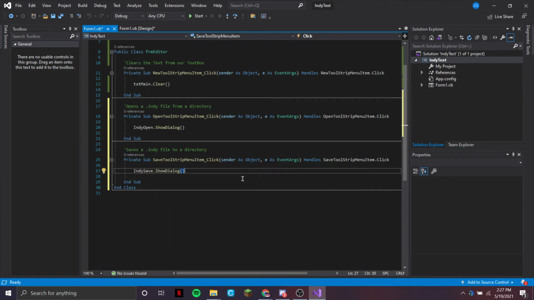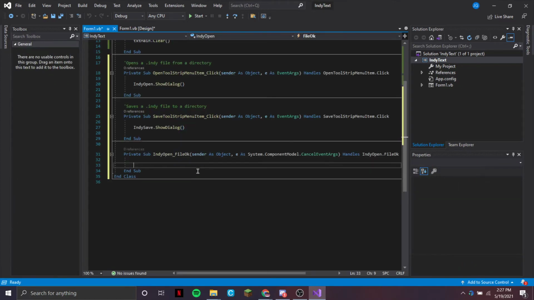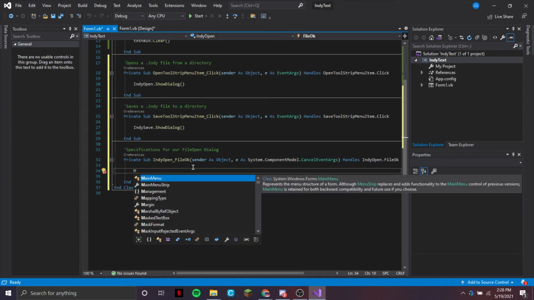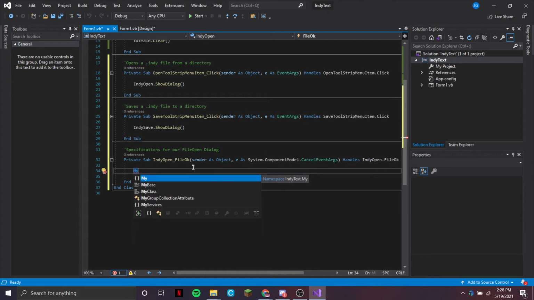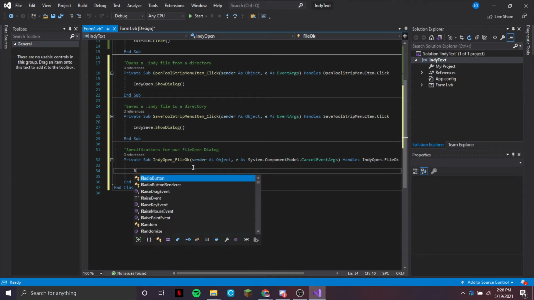So there we go. And then after that, we want our actual dialogues to have their own code. So it starts with the open. We're going to start with indie open right here. Specifications for our file open dialog. And right here we want my. Wait, no. Yeah, okay, so opening, we're going to have our